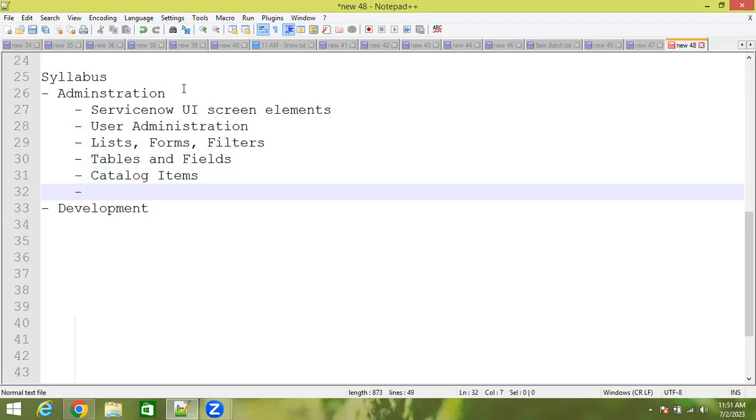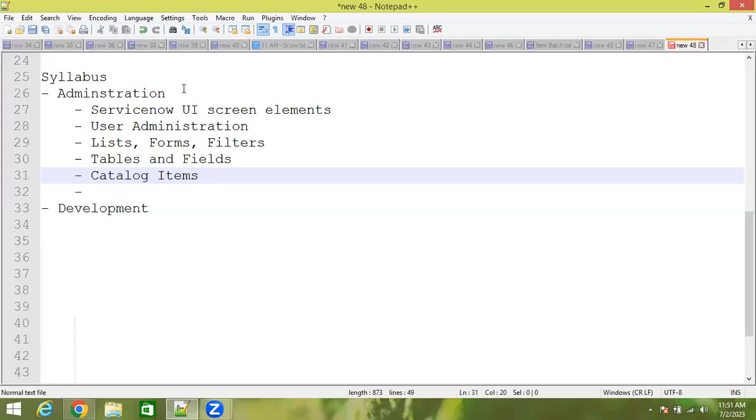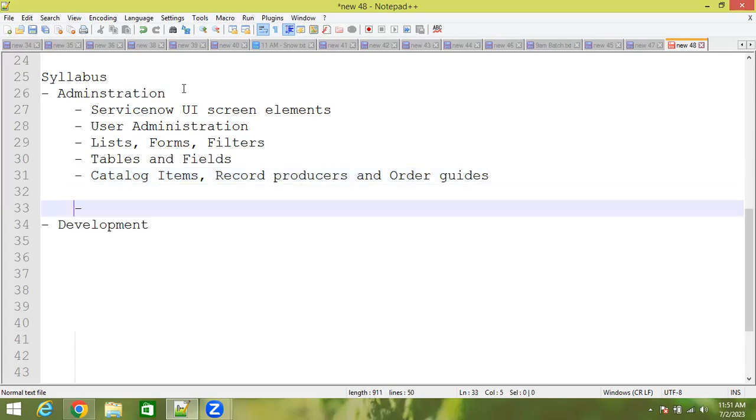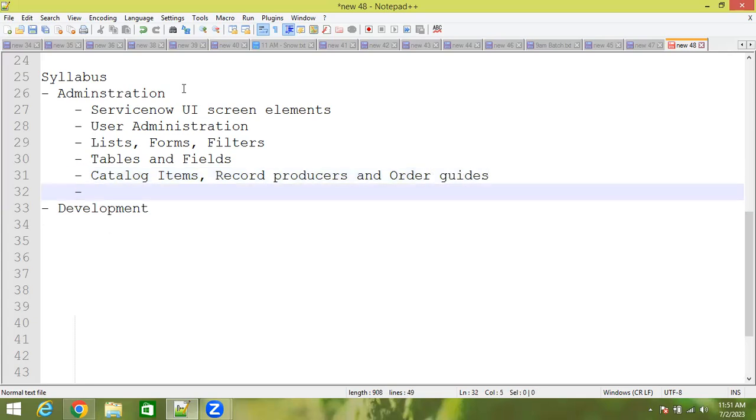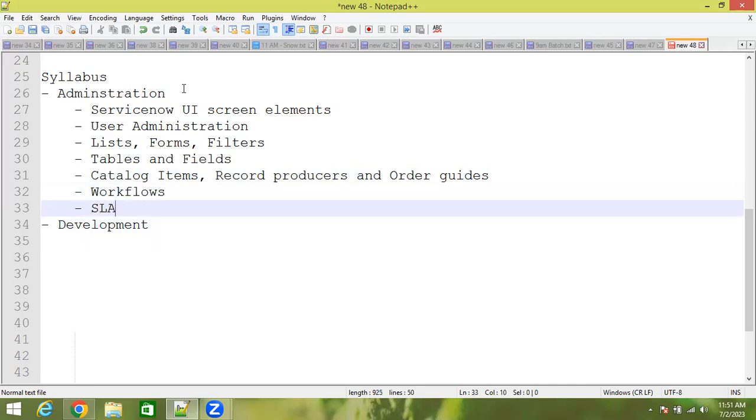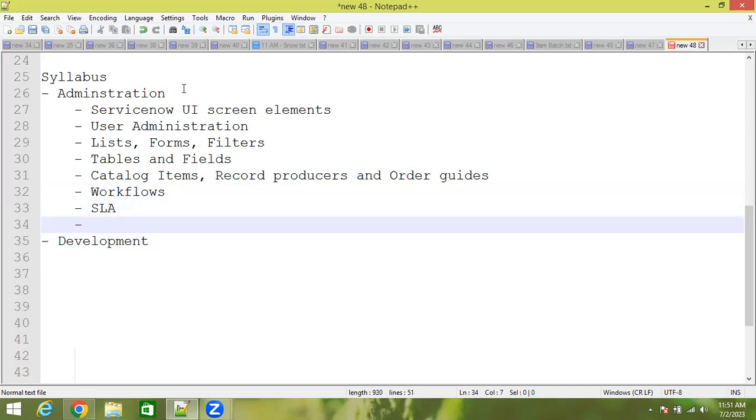As part of catalog items, record producers and order guides. Next, we'll talk about workflows, SLAs, events and notifications.